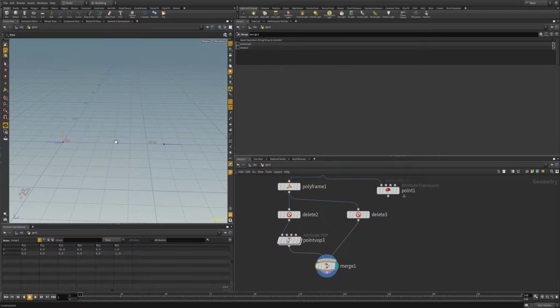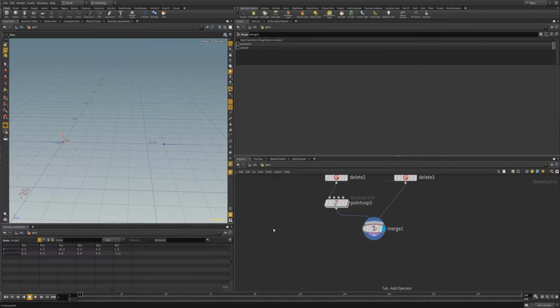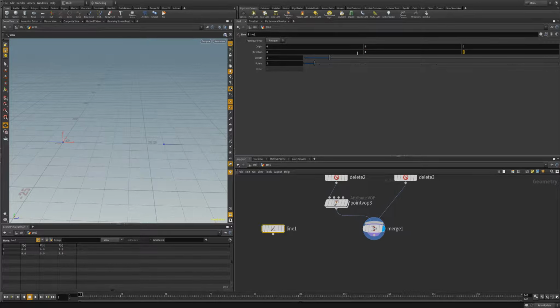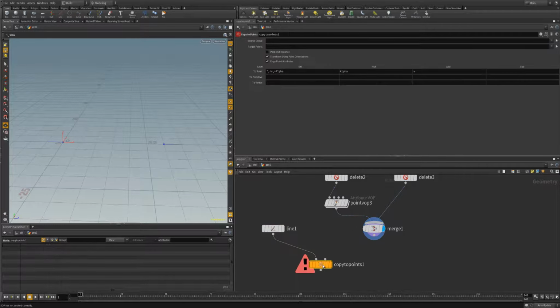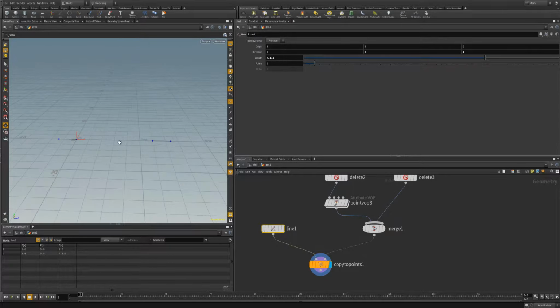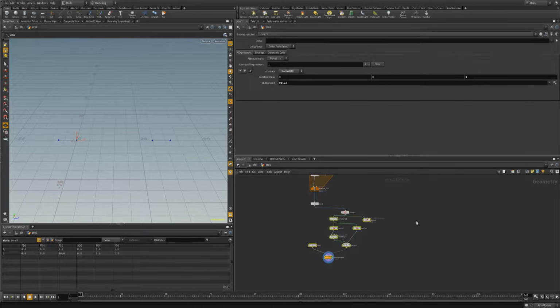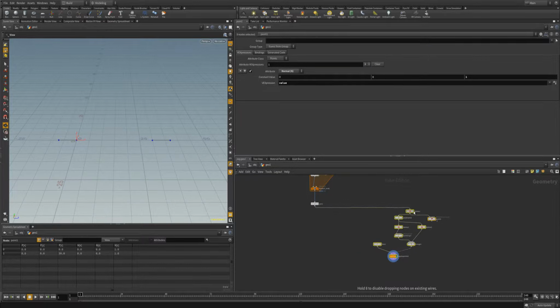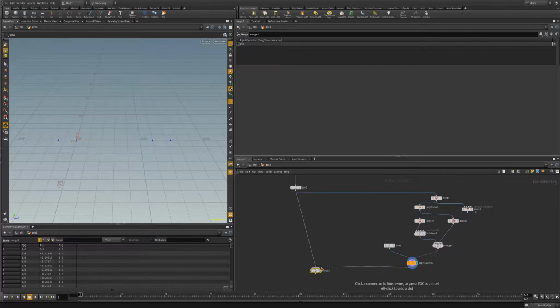And now we have our 2 points with normals facing in the correct directions. So now we'll make a new line. We'll have it orient to the z-axis, and we'll copy 2 points so that we now have an end line originating from the endpoints of our original sagging lines. So really now, just select these guys and pull down from our join, and we will merge these together over